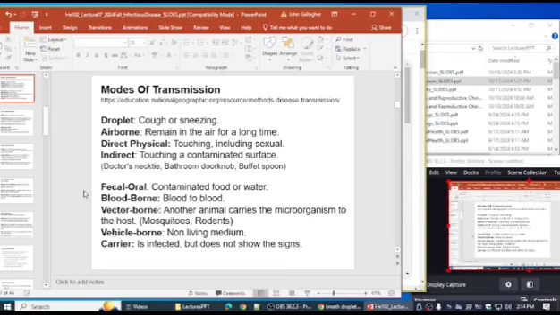A food service employee has hepatitis A. They go to the bathroom, and even though the sign says all employees must wash their hands before returning to work, this employee wants to stick it to the man. Their boss is a jerk, the customers are stupid, their coworkers are traitors, and they just had enough of this. They don't have time for this, and they don't wash their hands. So they go back out, and this is not just